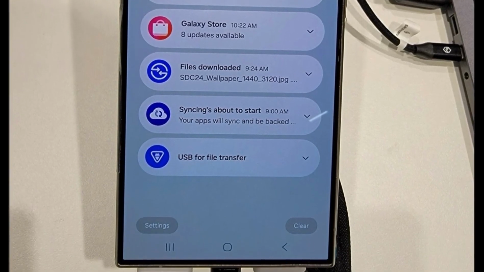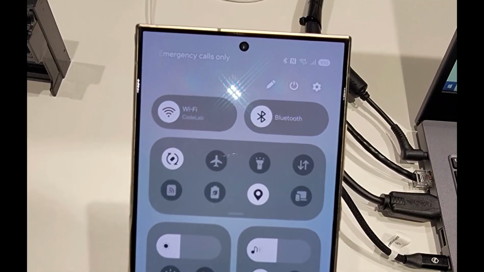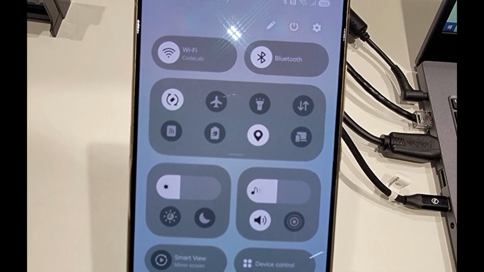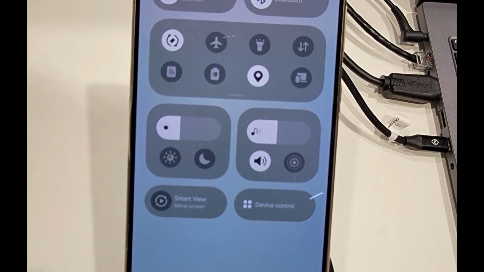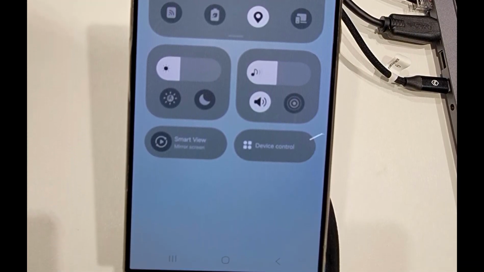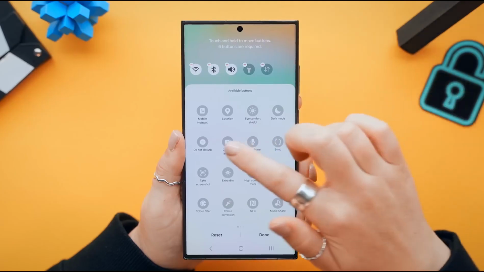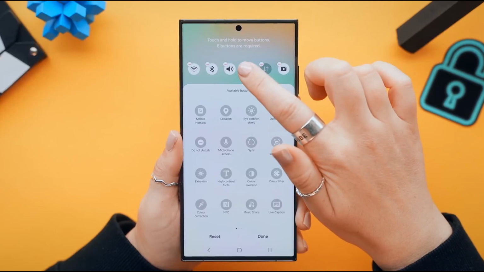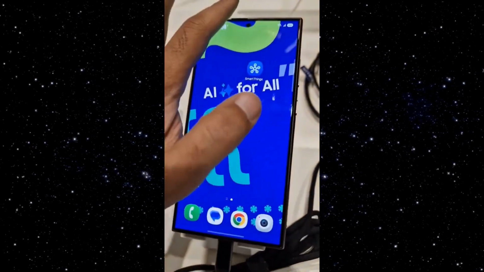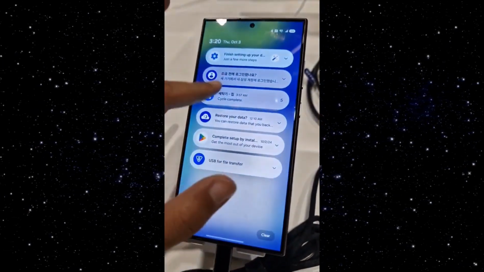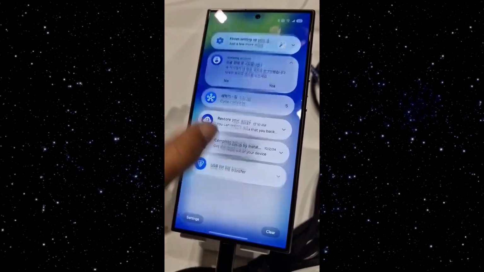multitasking menu, task switcher. In One UI 7.0, the task switcher has been revamped with a slightly stacked design, offering a more dynamic look compared to the simpler layout in One UI 6.1. Additionally, there's now more spacing between an app's card and its icon in the new task switcher UI. Another notable change is the removal of the search button from the multitasking screen, which was present in One UI